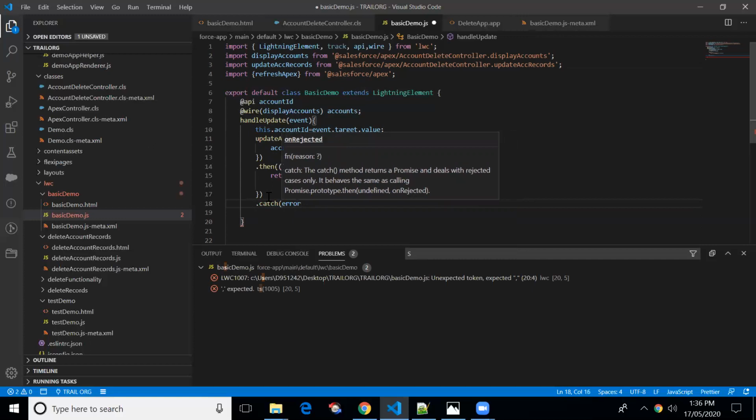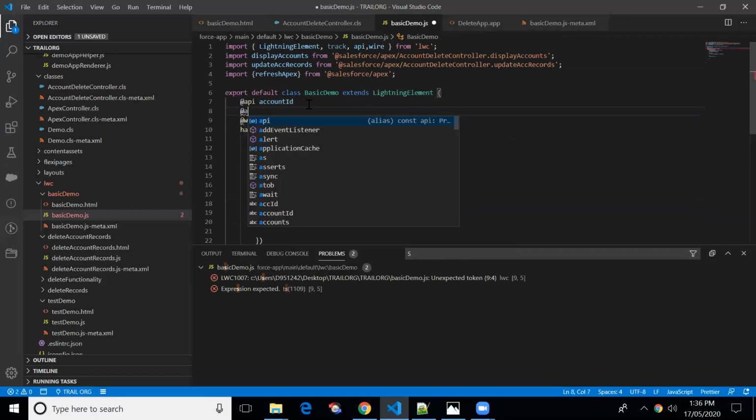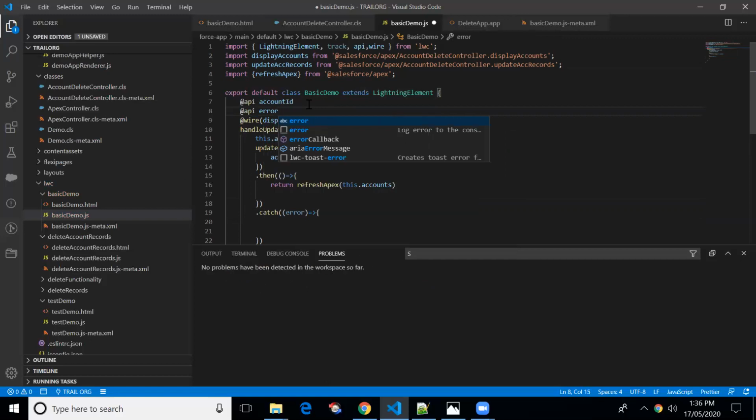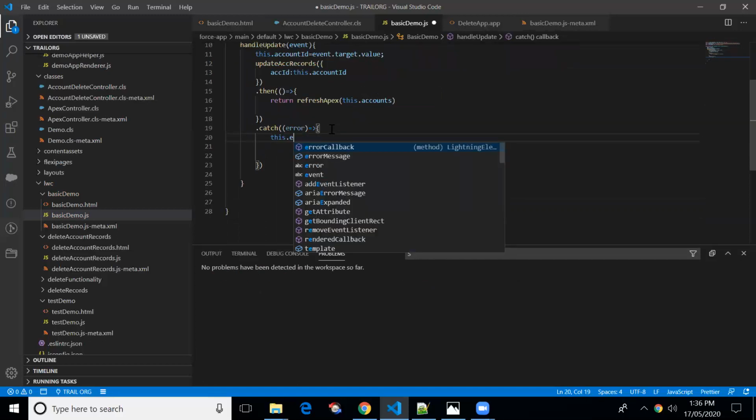Let me add some error handling. I'll be creating one variable which will hold the error message, and I'll be putting the error message into this variable.